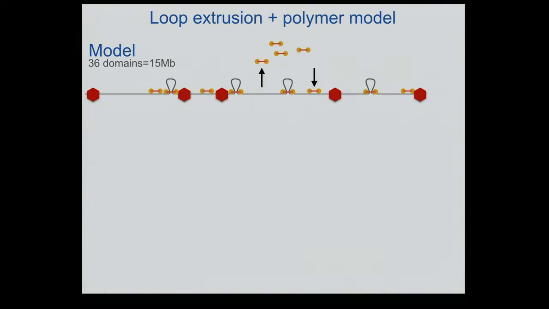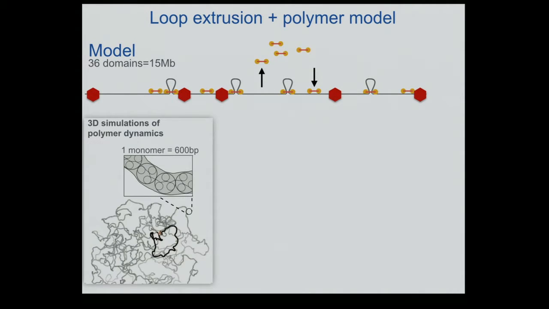So what we did, we took it to 3D. We said, let's simulate a few megabases of DNA. Let's put in these boundary elements. Let loop extruders exchange with the solvent. We're going to use our 3D simulation system, with 1 monomer corresponding to 600 base pairs of DNA. It's all running on GPUs. The software was developed by Vijay Pande's lab. It's OpenMM, based on earlier incarnations of molecular dynamics.